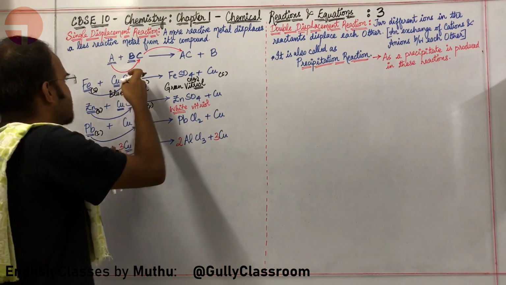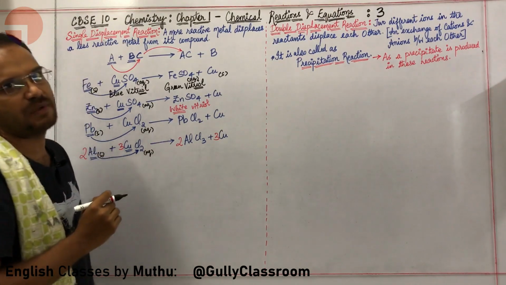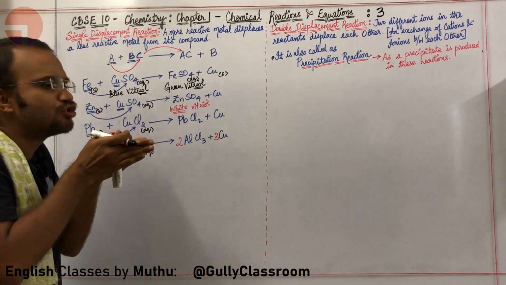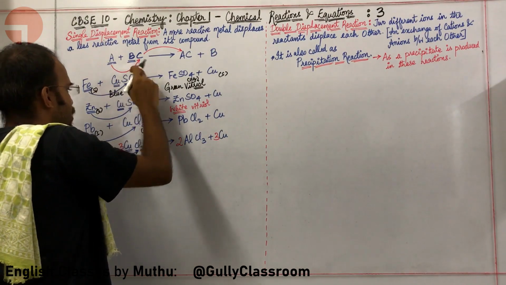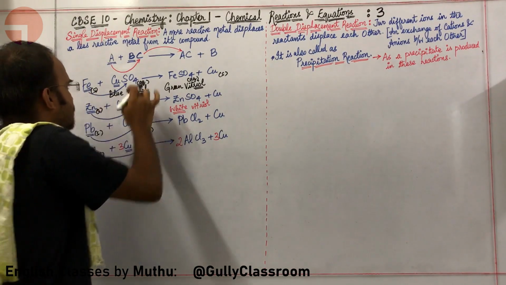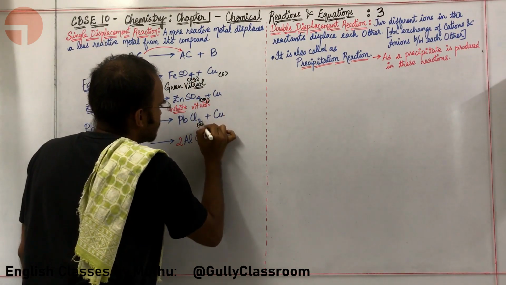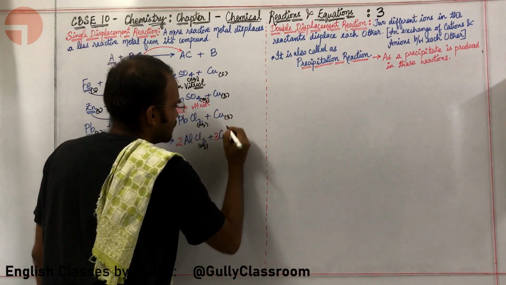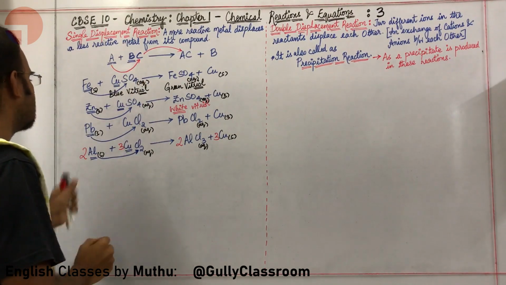Why, sir? Once these salts are mixed with water, they will be able to react with this particular metal. So you need water over here, because we need water in order to disassociate these ions. You need to disassociate the metal ion from the sulfate ion. You need to disassociate the copper metal ion from the chloride ion. For that you need water. So all these salts need aqueous. In a similar way, here also all these salts are mixed with water, aqueous, and you get solids over here. So I have written the physical state of these reactants also.